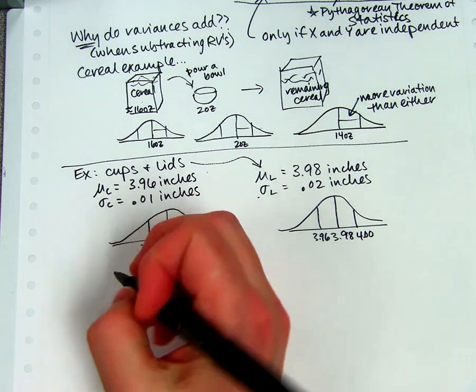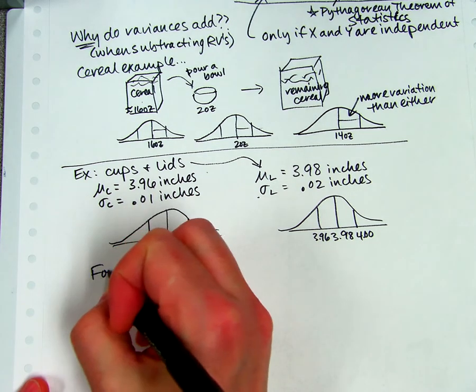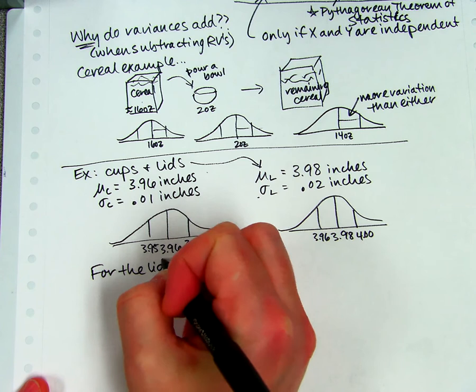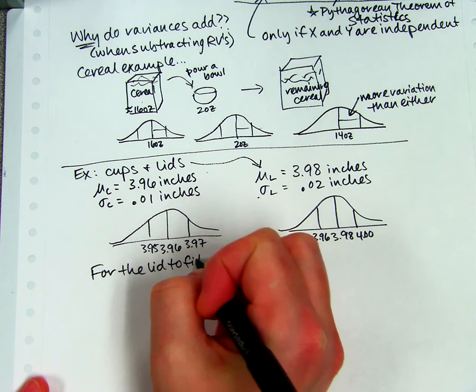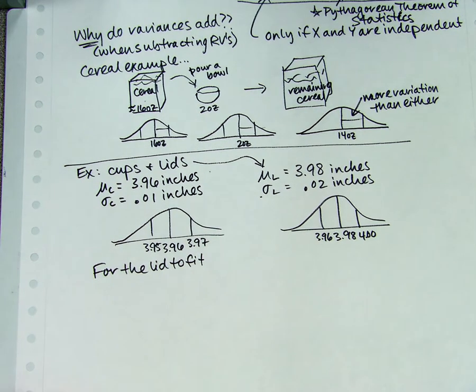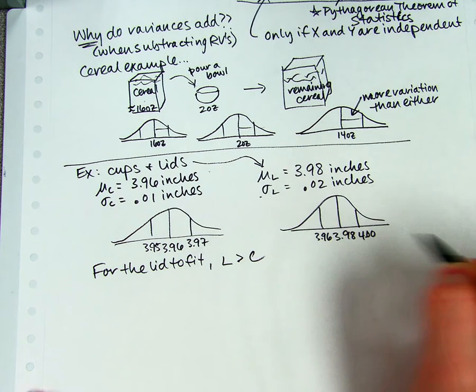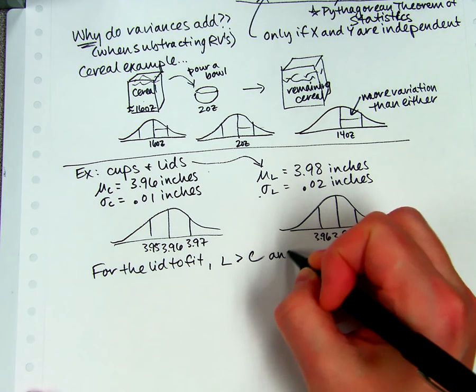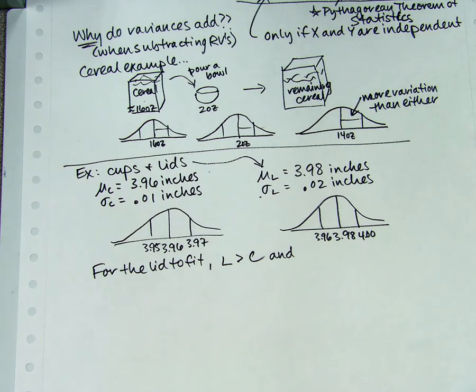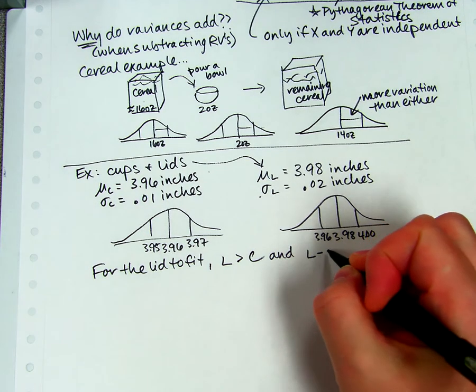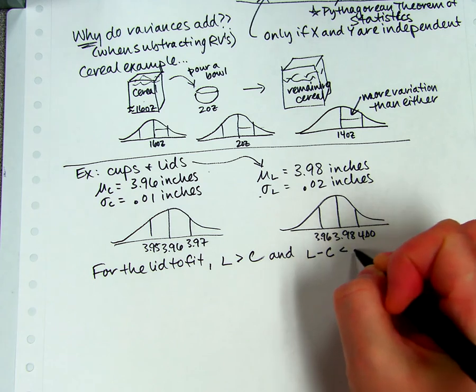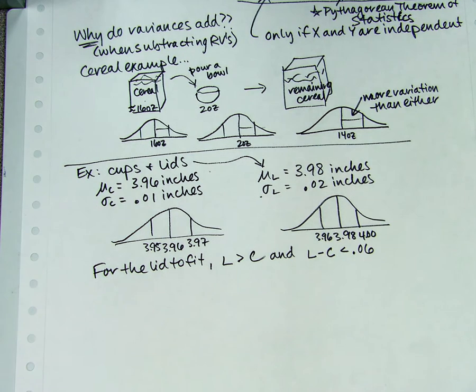All right, so a little further information for the lid to fit. We have to have the lid slightly bigger than the cup. So the lid has to be bigger than the cup, and we can't have it too much bigger than the cup because if it's too much bigger, it just falls off. And so the lid minus the cup has to be less than 0.06 because if it's more than 0.06, it